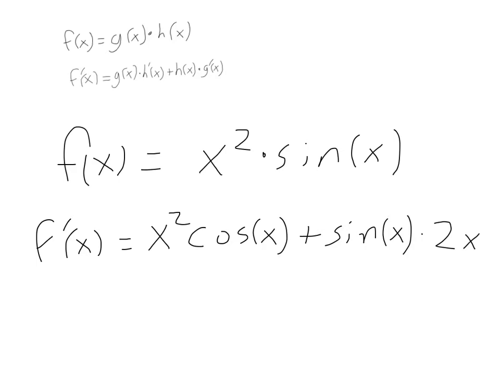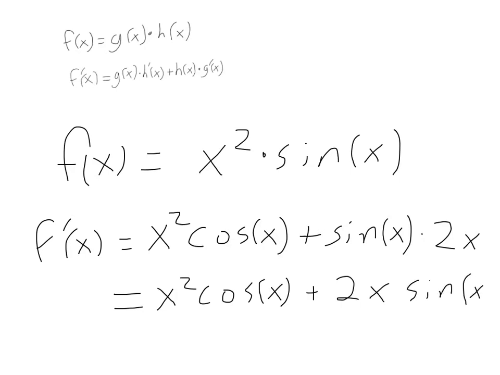Now usually you should rearrange the sine x for some reason in math. I don't know. It always goes at the end of the function. So how you'd usually write this is equal to x squared cosine x plus 2x sine x. That's how you would usually write that. If there's two equations multiplied together, you could rearrange. However,